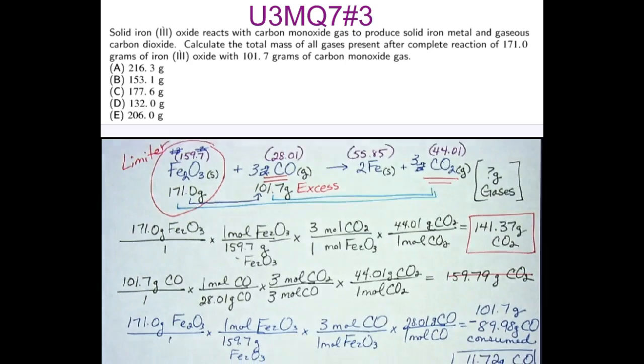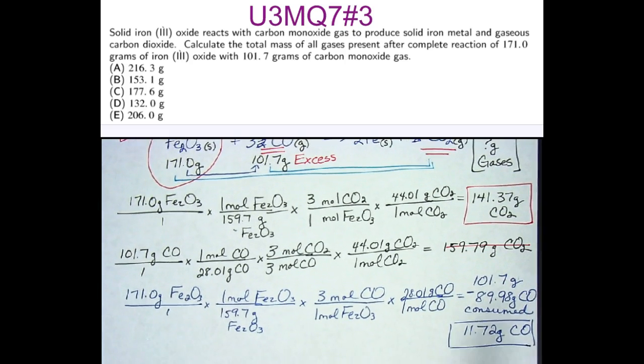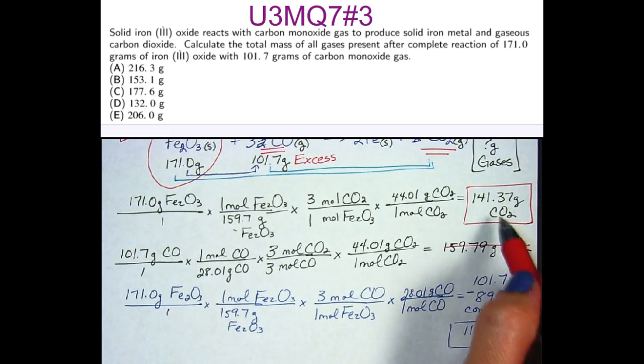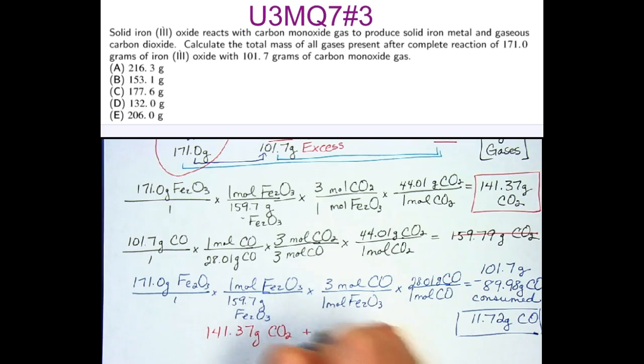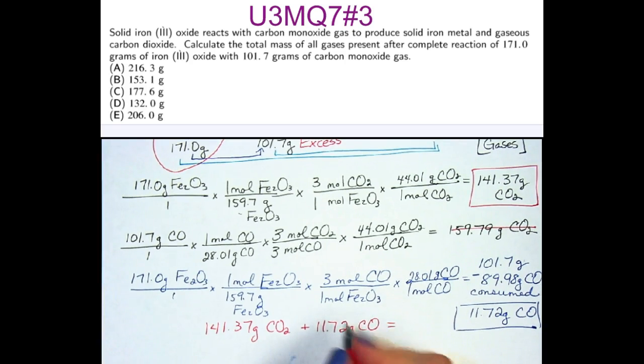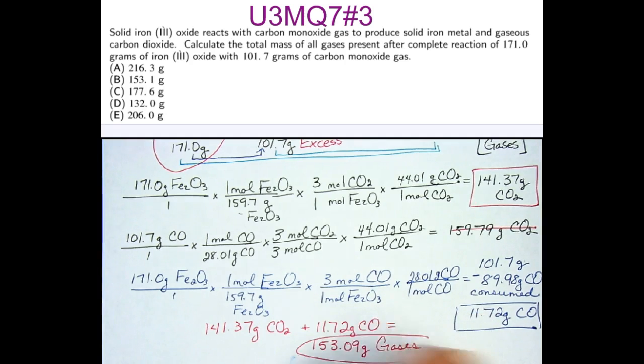The final answer is asking for the combined total of gases. So I will take 141.37 grams of carbon dioxide plus the 11.72 grams of carbon monoxide, and that gives me a total of 153.09 grams of gases total, which is letter